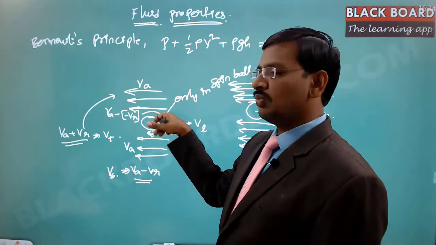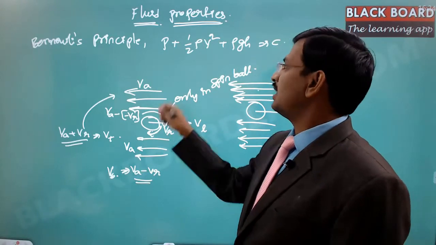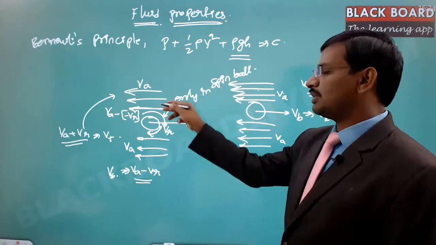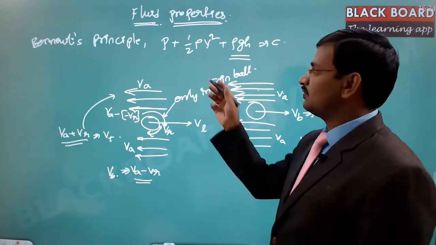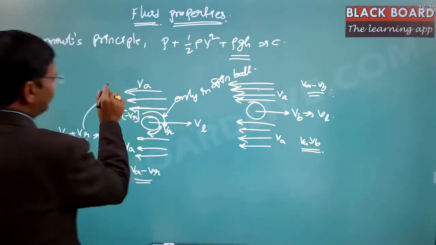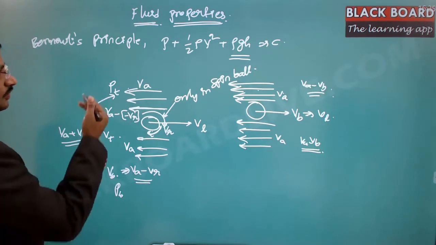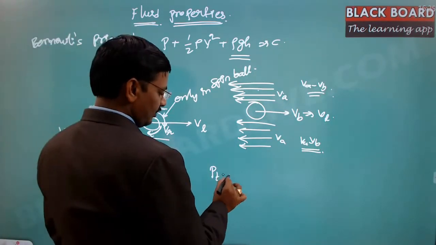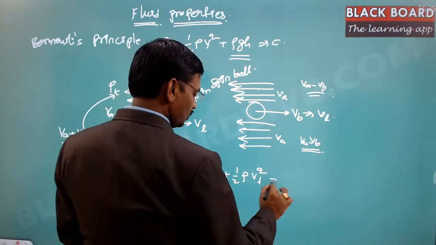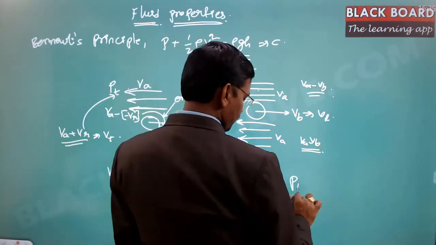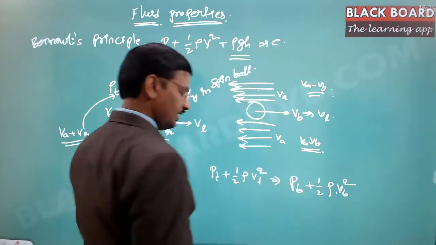the ball height is very small, so you can treat the height at the bottom and the top as exactly the same, and then see what pressure it is going to derive. Now if you notice, this is the pressure at the top and this is the pressure at the bottom. The pressure at the top plus half rho Vt square should be equal to the pressure at the bottom plus half rho Vb square, right?